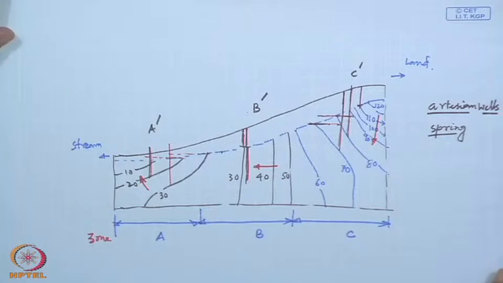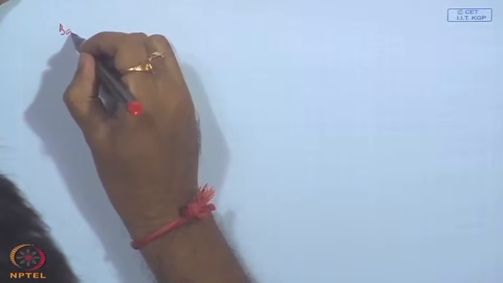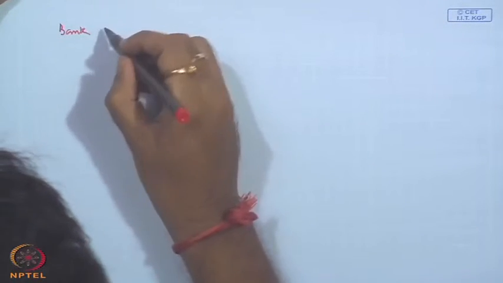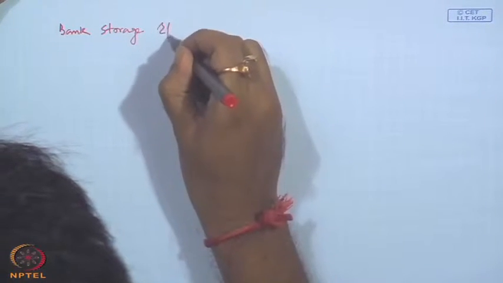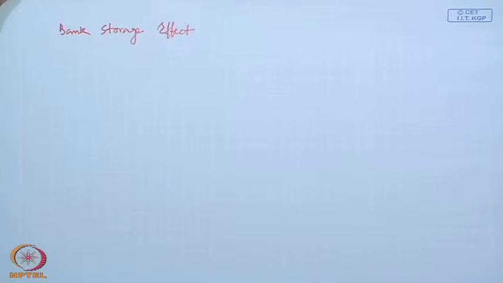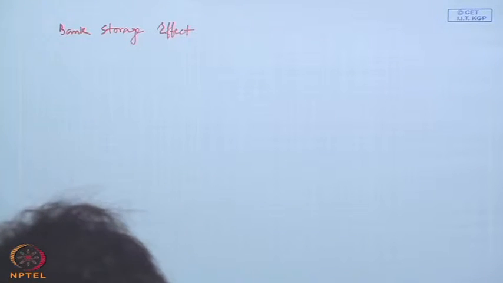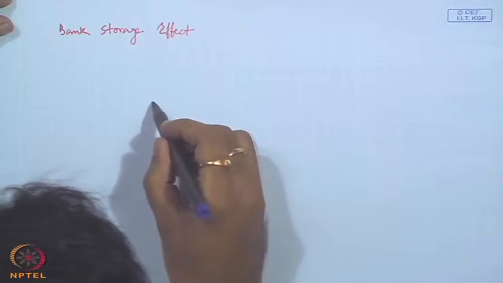Another most important point, that is bank storage. What is the effect of bank storage on groundwater surface water interaction? Bank storage effect. So, if we draw it, you will see that with our shallow groundwater aquifer,